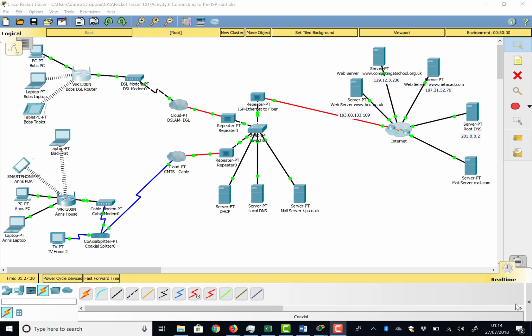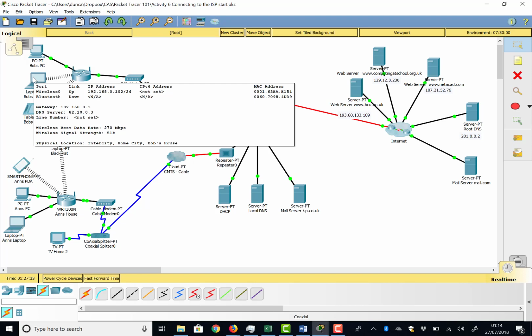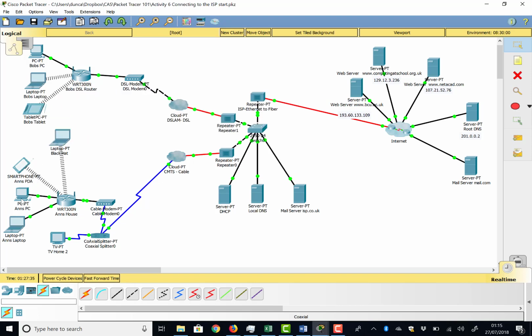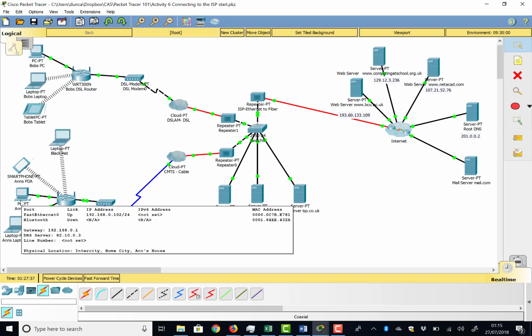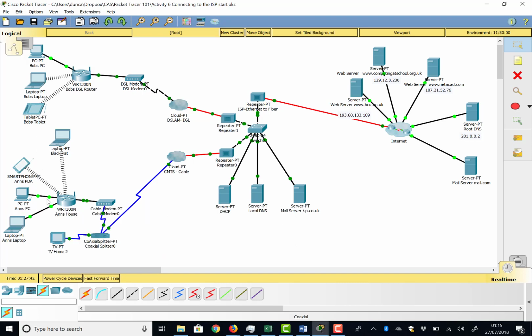Okay, so one thing that really puzzles people is IP addresses. We talk about IP addresses having to be unique all around the world, but as you've seen from our network here, Bob's house has got IP addresses 192.168.0 dot something, and here we go onto Anne's house 192.168.0 dot something as well. So clearly end devices on home networks all seem to have very similar IP addresses, usually 192.168.0 something